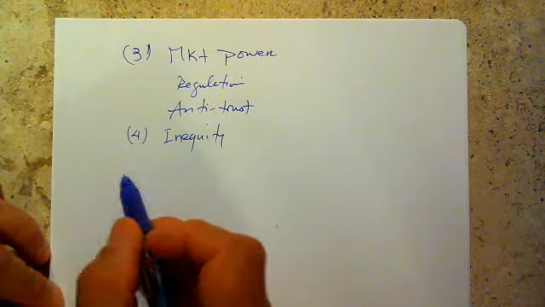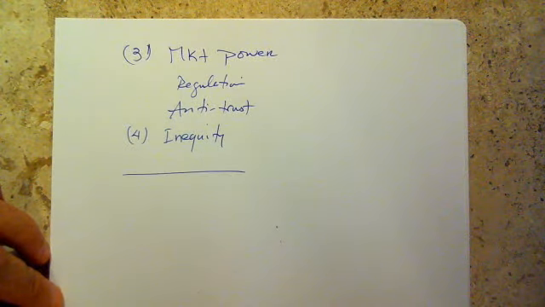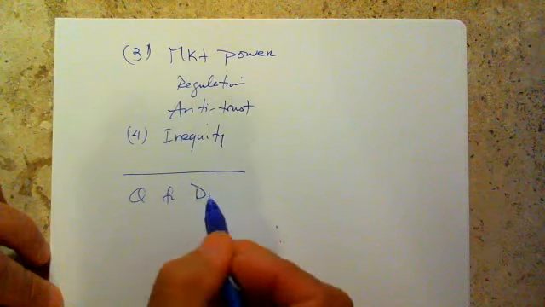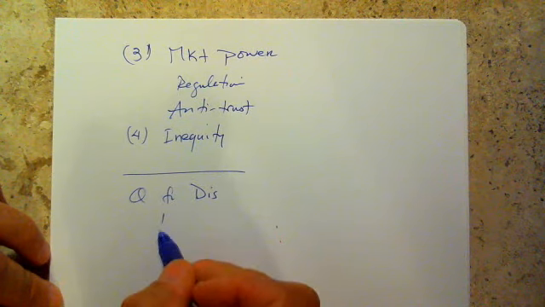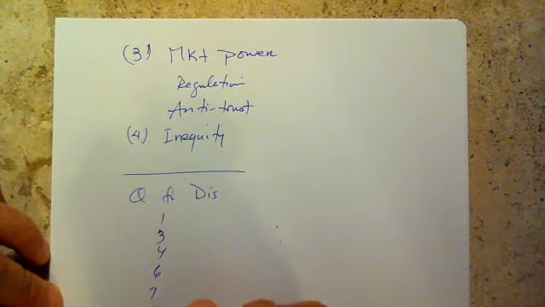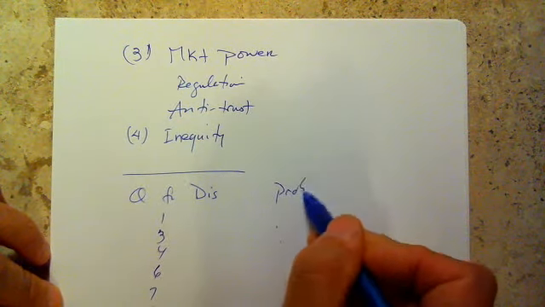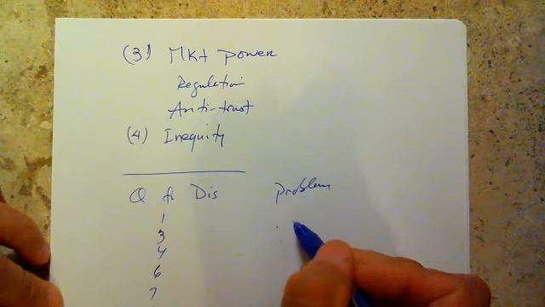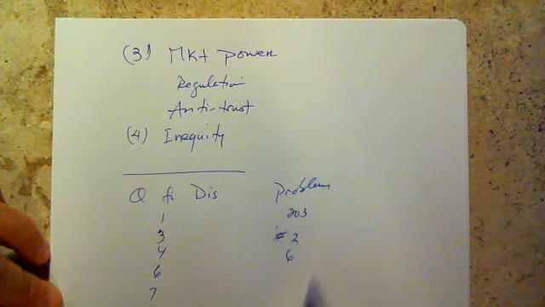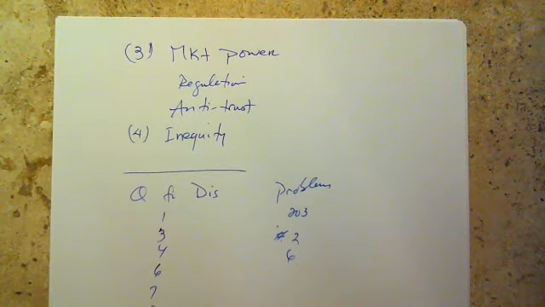I'm going to pause here, and you can stop and answer the questions for discussion: numbers 1, 3, 4, 6, 7, and 9, and then for problems for this chapter, page 203, problems number 2 and 6. So you may pause and continue with this, because I'm going to quickly respond to these questions.